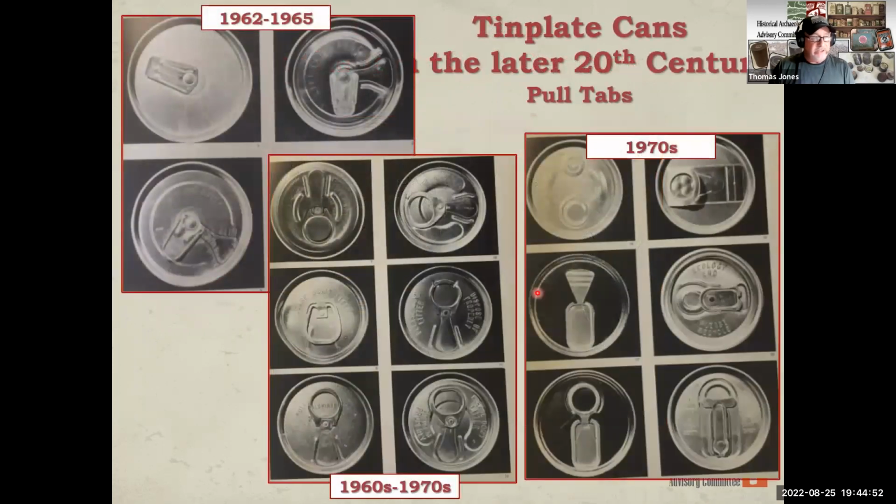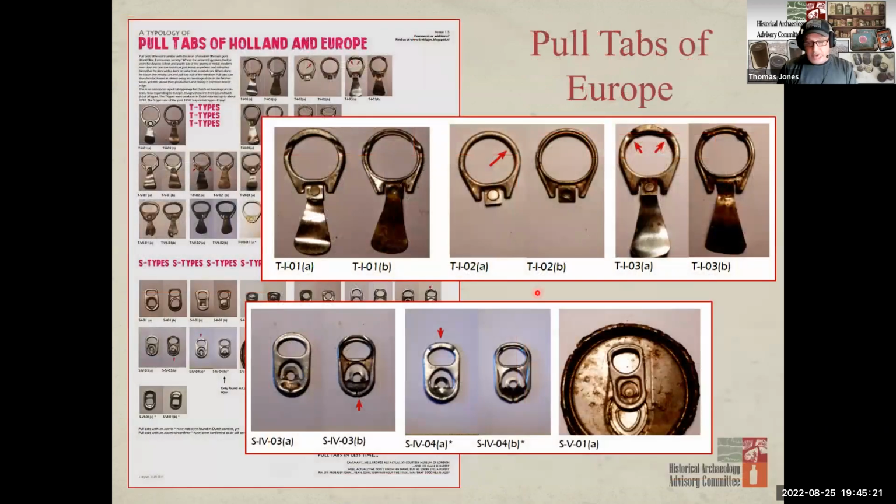In the 1960s and 70s, a much wider variety of pull tabs were developed. When it became clear that ripping off the pull tab and then throwing it away was not the right way to go for these cans, they started developing tabs that didn't necessarily come off the can. As a result, can collectors, especially beer and soda can collectors, have gone so far as to develop a typology